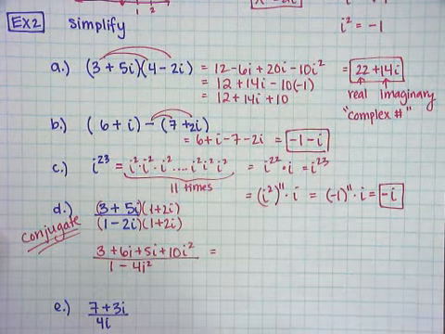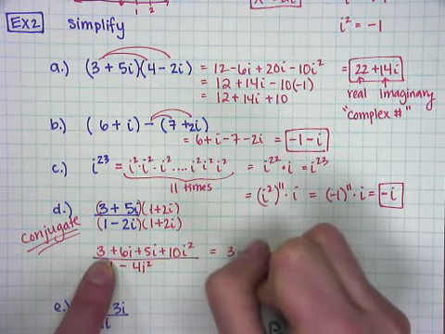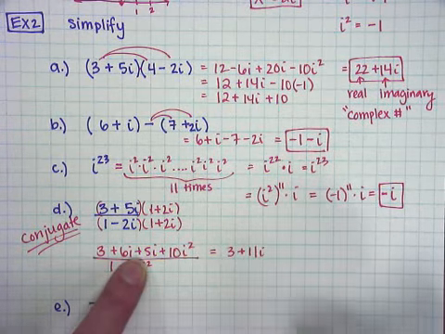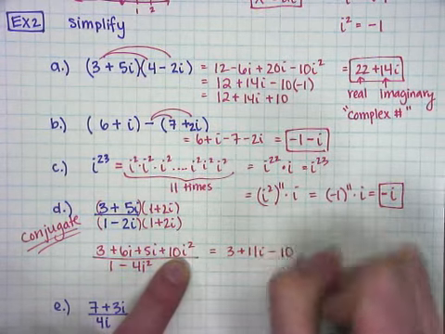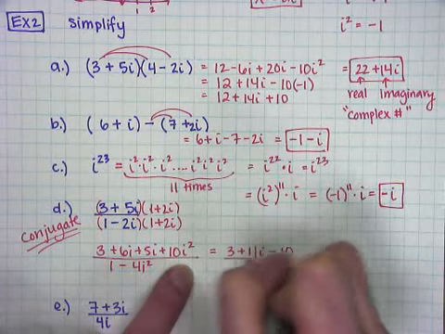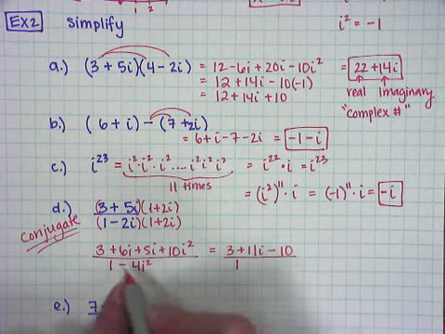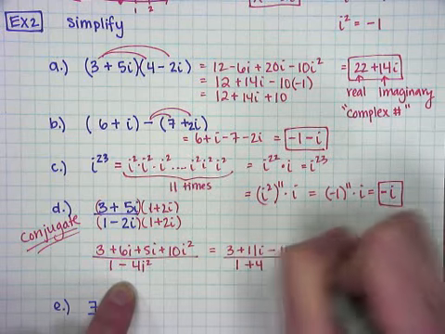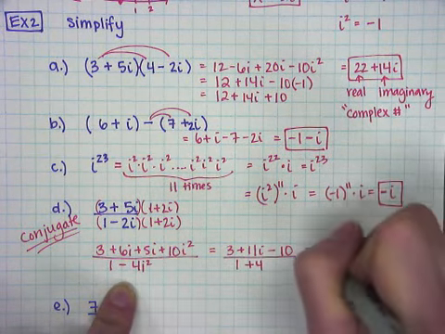And now I can combine like terms and plug in -1 for i squared. So let's see, I get 3 plus 11i, plus 10i squared is going to become a minus 10 because i squared is -1. And then on bottom I have 1, and i squared is -1, so that'll make it a plus 4. Now when I combine like terms a little bit farther, 3 take away 10 is -7,